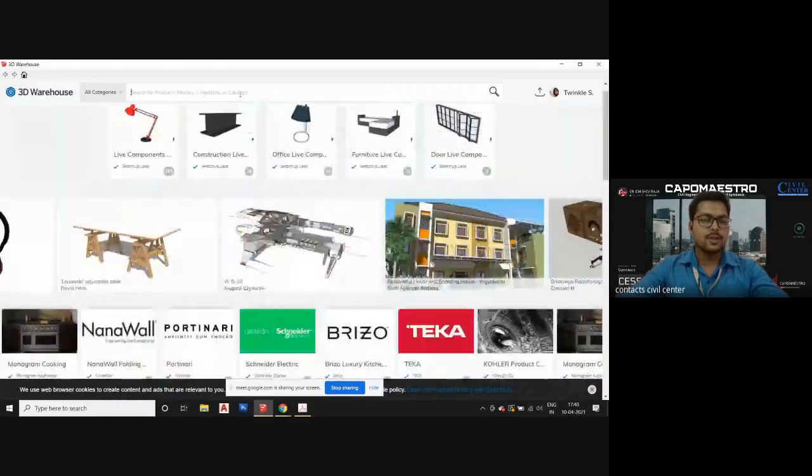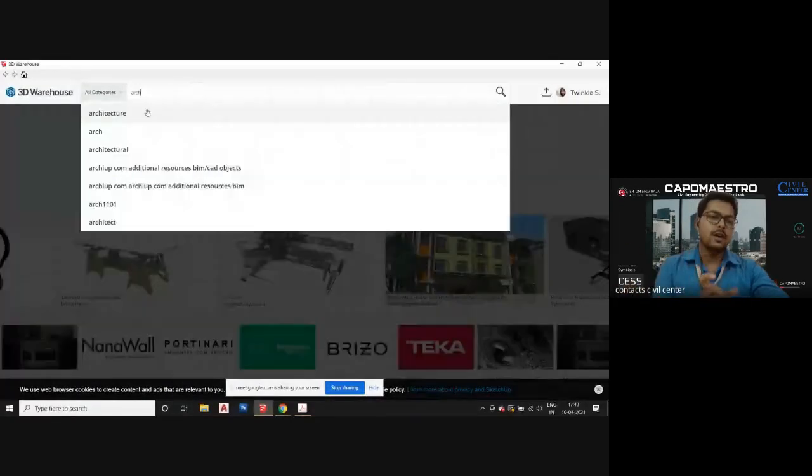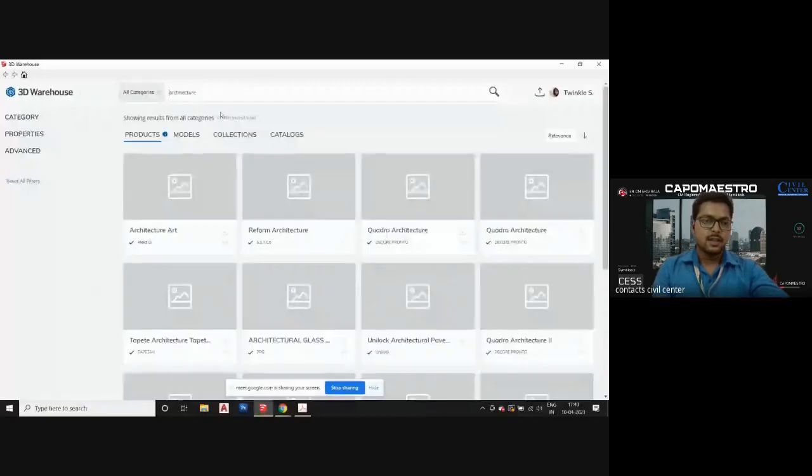To open up the option and look for architecture. On the left, where all categories you can see. If you will click over there, then you will find options. Just click on that.